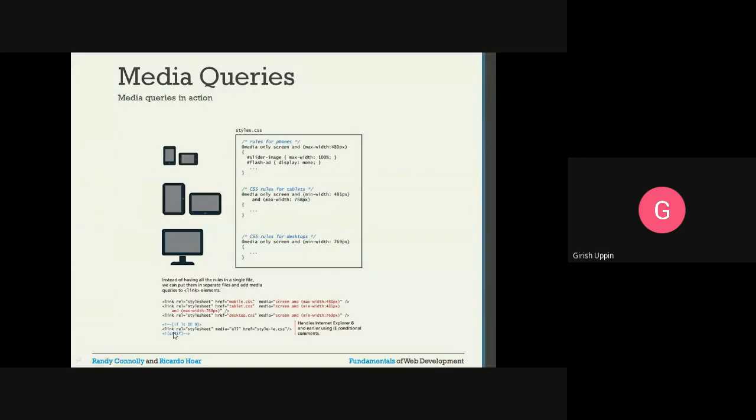If the Internet Explorer version is 8 or below, then this particular condition will be true. If it is greater than 9, then this will not be applied. This is applied only if the Internet Explorer is version 8 or below.